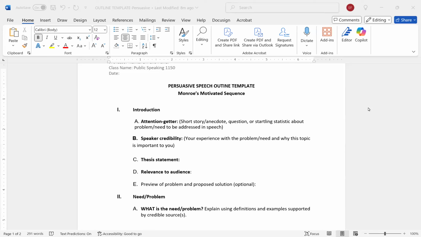For this template, as I said, we're using Monroe's Motivated Sequence for the persuasive speech. It has a very specific format. So please answer the questions and fill out the outline thoroughly for this speech. The speech is 6 to 8 minutes, so you will have enough time to thoroughly explore the problem, solution, counter-argument, the benefits to the solution, and then 2 actions you would like your audience to take to help fix this